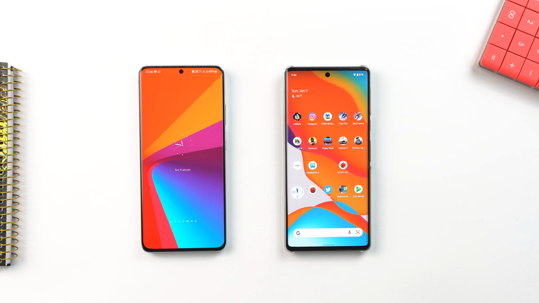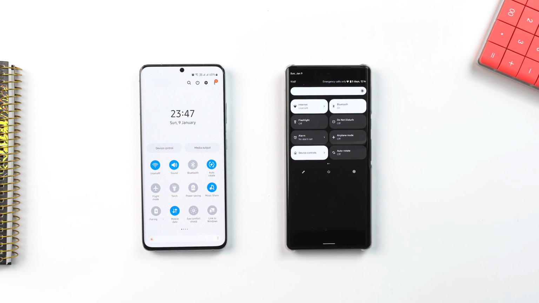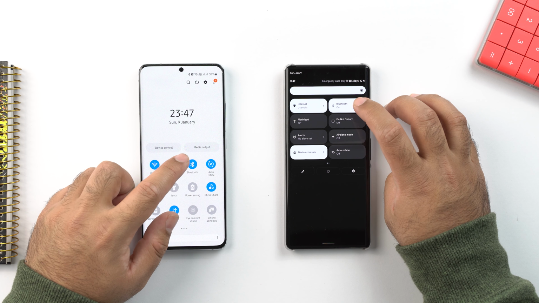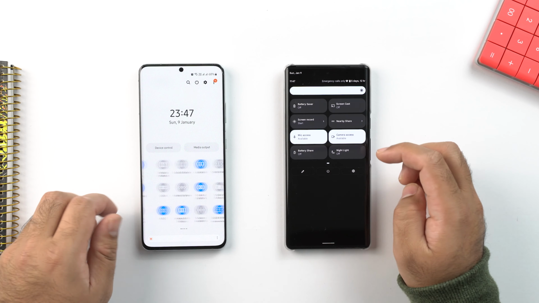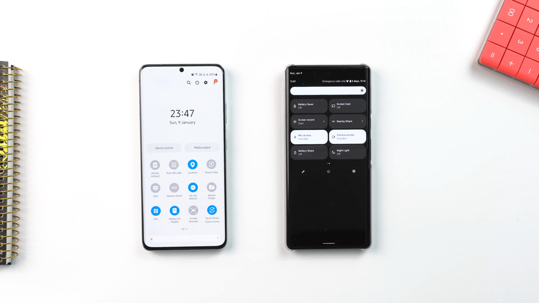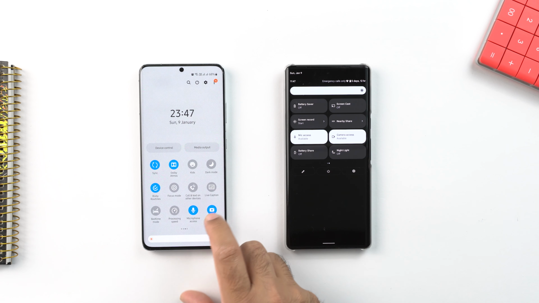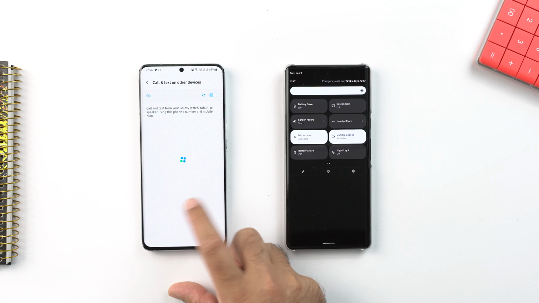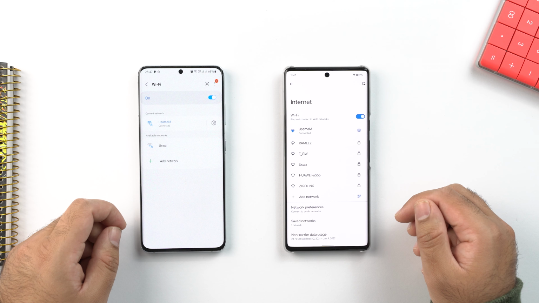Let's take a look at the quick toggles. As you can see, both phones have an entirely different look. Again, the Pixel has the tiles while the One UI 4 uses the circular shape for the toggles. One UI has a white toggles panel, but Pixel has a dark one on the stock Android. It doesn't matter if you use the dark mode or the bright mode, the stock Android will always have a dark toggles panel. On the Samsung One UI 4, the dark toggles panel can be activated by activating the dark mode. Long pressing these icons will take you to the settings on both the operating systems.